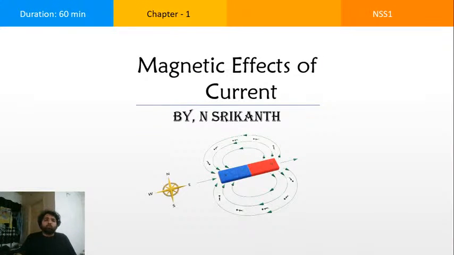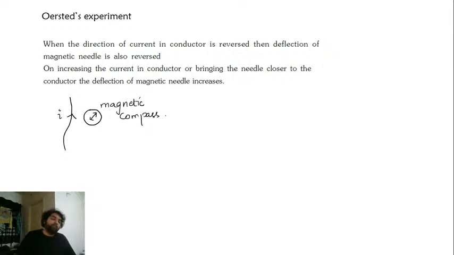All right. So today we will be discussing the chapter magnetic effects of current. What magnetic effect does current cause? We will be discussing that today. This is a wonderful topic. It is not visible to the human eye, and it was also discovered by accident. We will discuss how this happened, what the effect of current is on the magnetic field, and how the magnetic field is calculated using a current carrying body. This all started with an experiment done by Oersted.